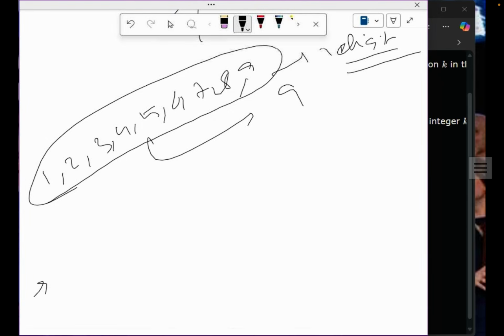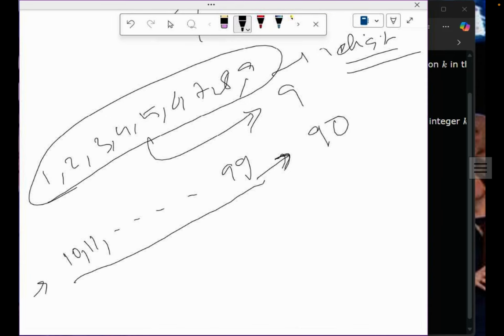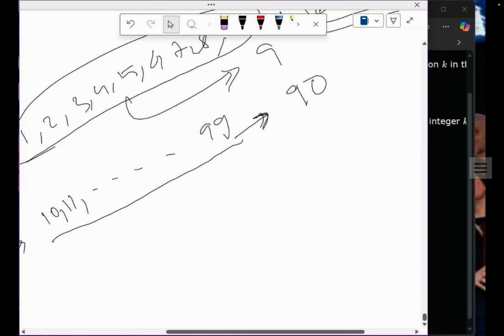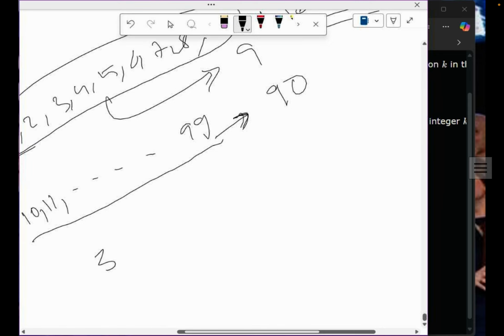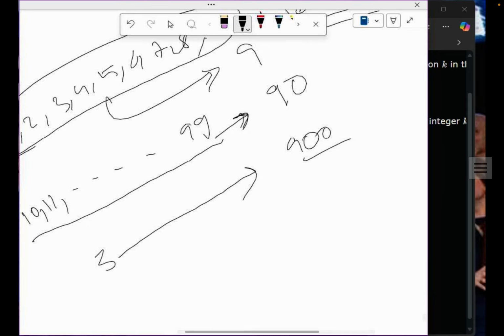If we check two digit numbers, 10, 11, and so on up to 99, how many are there? If we count, we are very fortunate, it is exactly 90. If we check for three digit numbers, it is exactly 900. If we check four digit numbers, it is exactly